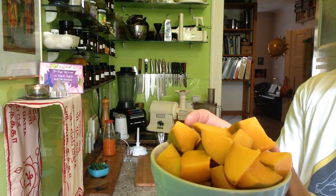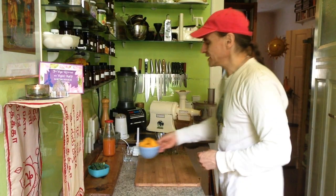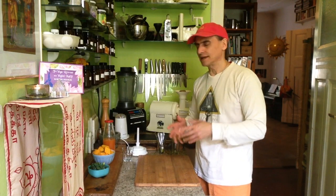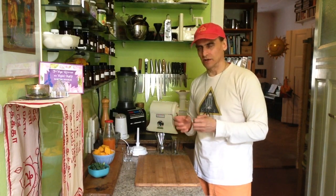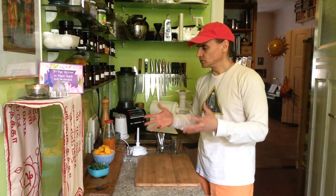A lot of fiber in the mangoes. It's very good for the skin also. It's a very healthy fruit, and the flavor, of course, is divine. It can be used in many different ways, but sometimes the peel is bitter, and then I cut it off. You have to decide what kind of mango you have, if you can use the peel or